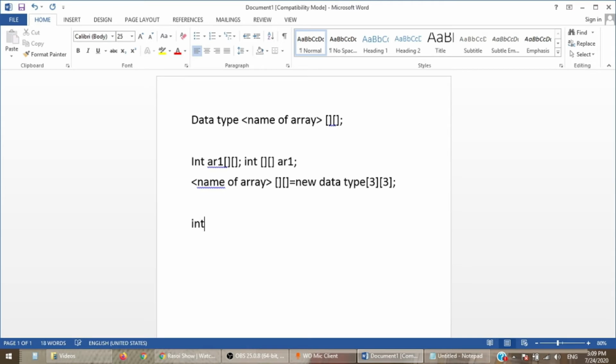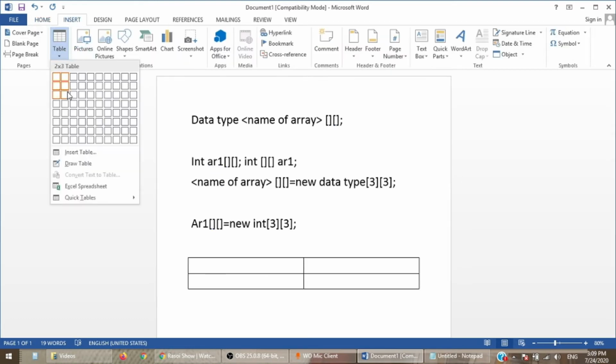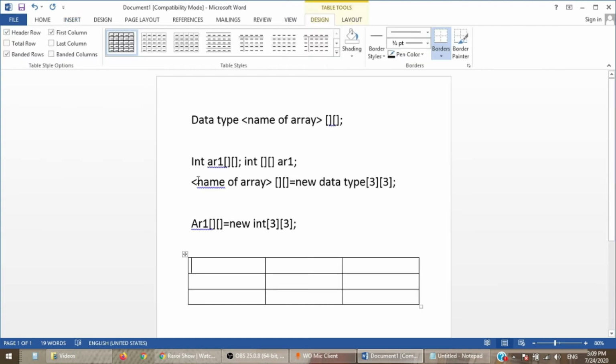Now how to initialize values to the array. As this is a 3 by 3 array, we can refer to values of this array as cells of a table.